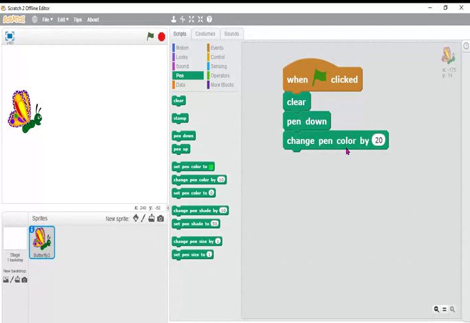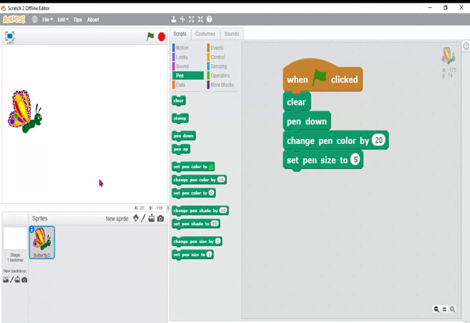Then what? Set the pen size. How big a square do you need, that is, the thickness of the border. Then what will you do? Set pen size to 1. If you need more thickness, you write 2. Or you can type 5. I will show you after changing. Then now the pen is ready.